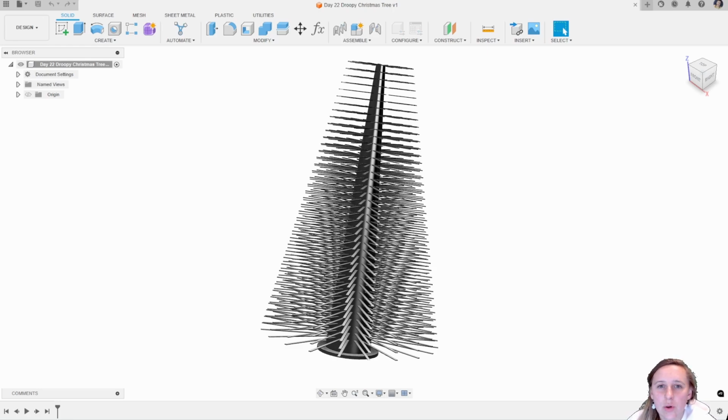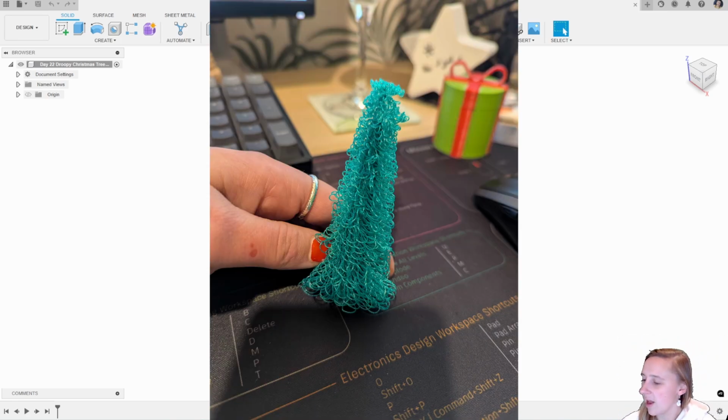For today, day 22, we are designing one of these droopy Christmas trees. If you've ever wondered how you can design something like this, it's quite an interesting modelling